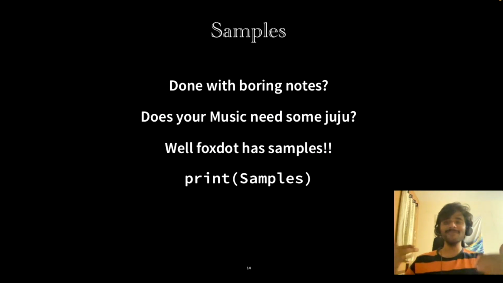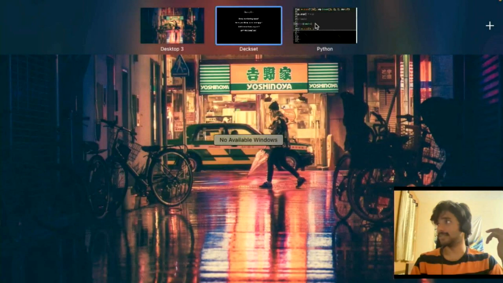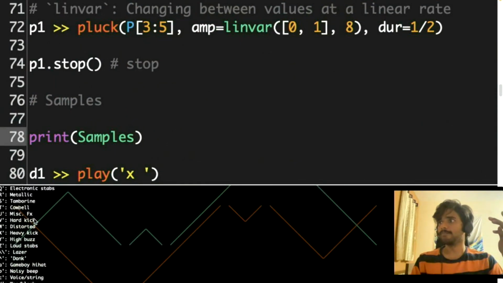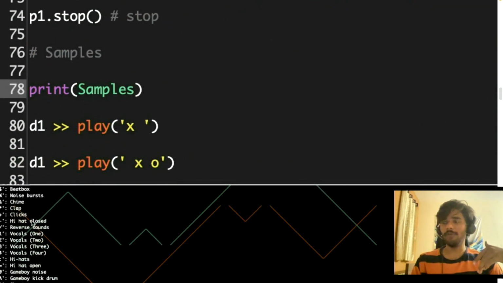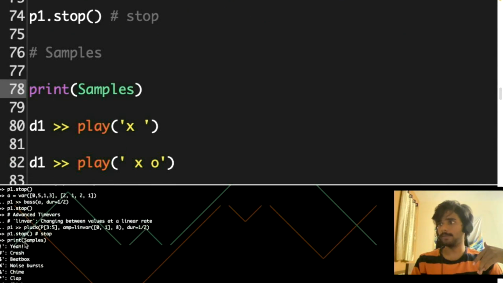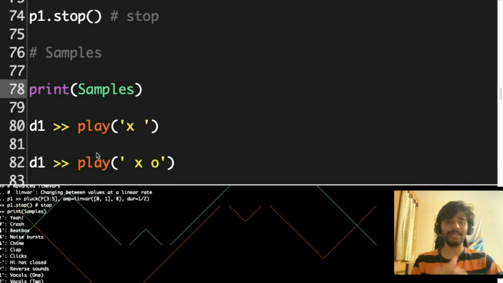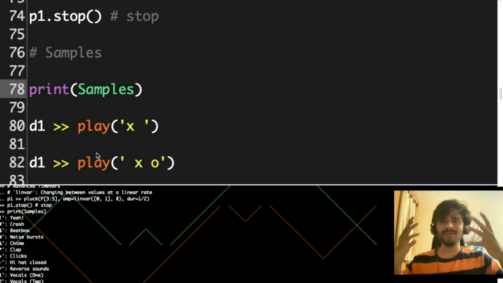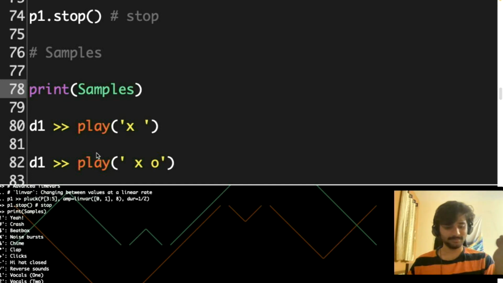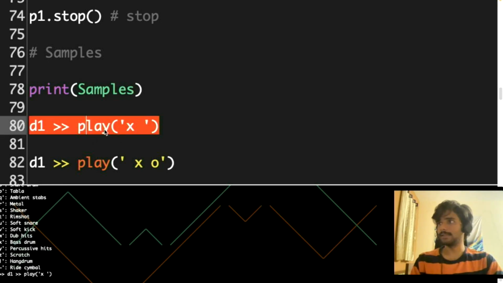So you come to samples when we have just explored these notes and we want to add some juju to our music. FoxDot has a bunch of samples that we just printed right now. I think you cannot see all of these samples, but you can have things like a kick, a snare, a hi-hat, a random voice, some random noise, metal clanking, just random noises. So what you can do now is, let's say I want to play a kick,